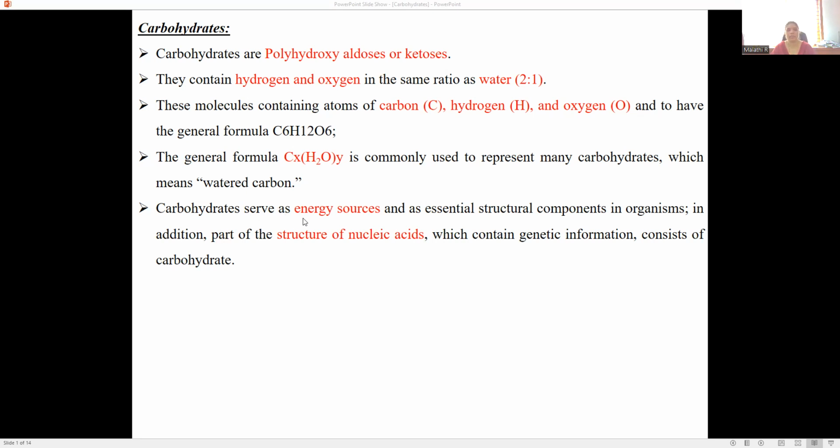Carbohydrate is a major source of energy, from which you get the ability to do work or any other physiological or biological function. Carbohydrates will be oxidized, and out of the oxidation you will get energy, and that energy will be used for any synthetic, biological, or physiological function of the body. Carbohydrate also serves as a major component of nucleic acid structure, in which you have either ribose sugar in the case of RNA or deoxyribose sugar in the case of DNA. So this contributes to the genetic structure of the nucleic acid.